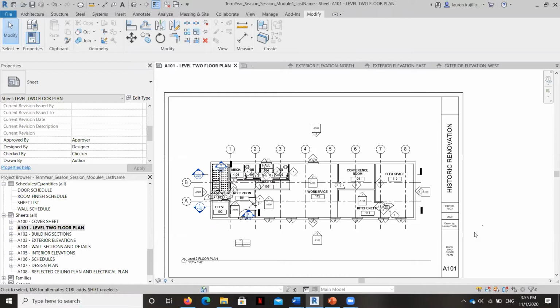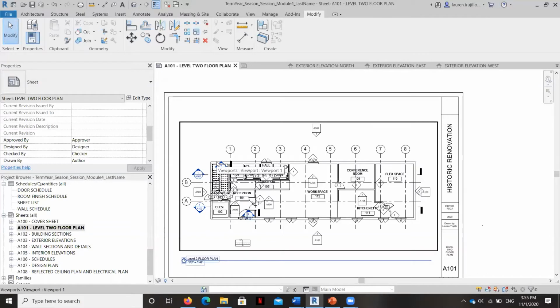So I'm going to teach you how to hide and show annotations, which we already sort of have practiced a little bit, but we're going to review it. I'm going to teach you how to place a north arrow on plan views. I'm also going to teach you how to place interim and overall dimensions and set the precision. And then we'll place some notes in a later video with a little bit more detail.